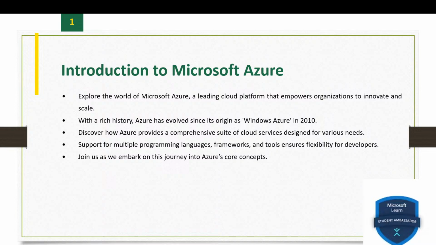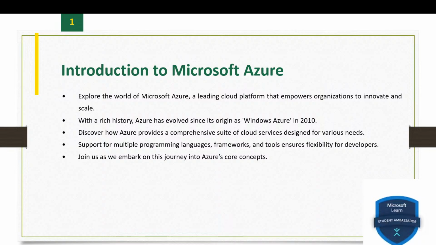Azure allows you to scale your applications up or down based on demand, ensuring optimal performance and cost efficiency. And third one is its security. Azure is built with security in mind, offering advanced security features and compliance certifications to protect your data and applications.